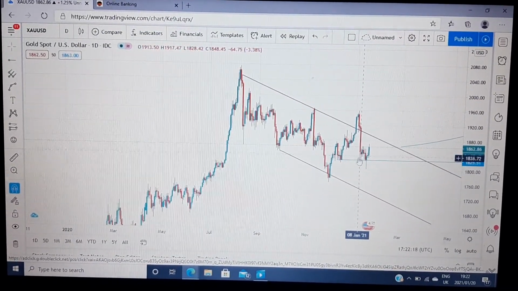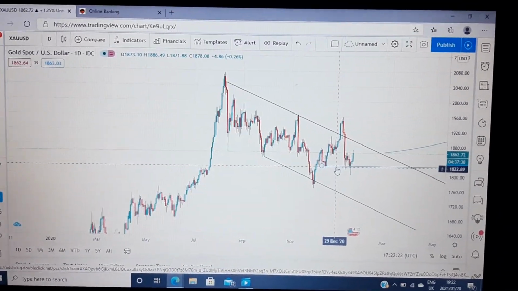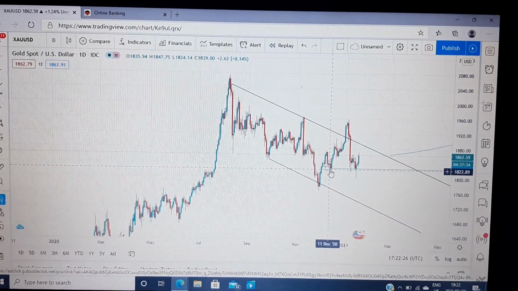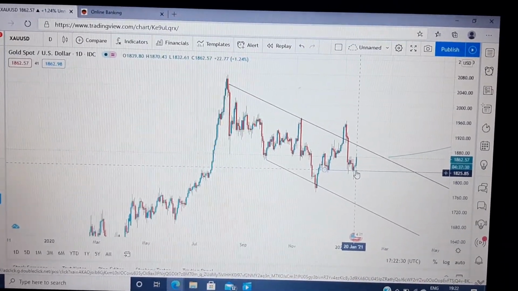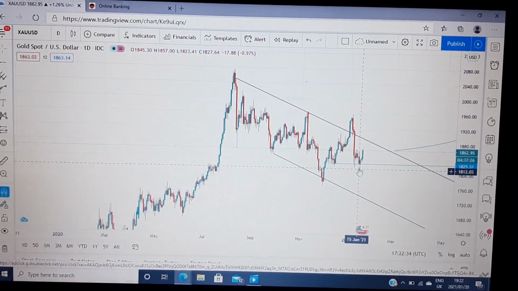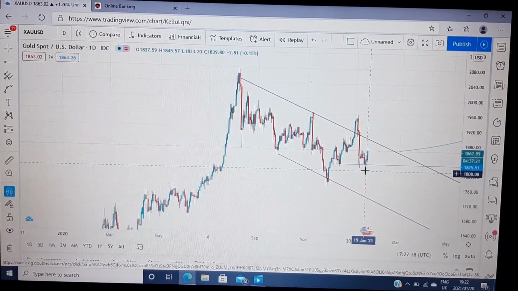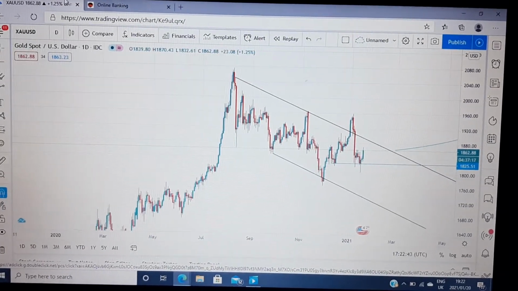Yeah, as you can see, this horizontal ray acts as my support. It acts as my support line, because check what the market did. We have a lower low on the left hand side and a lower low on the right hand side as well. So this zone, it's a point of rejection where the market failed to break beyond this point here. So hence I made use of my horizontal ray, and then we'll go down to